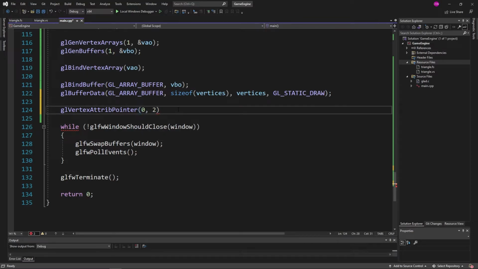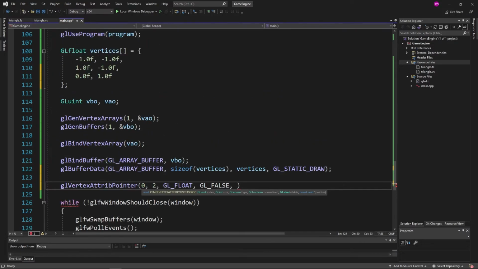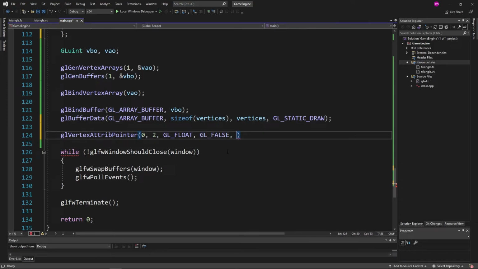The size is 2. So we want 2 different float values, and we're going to be passing through the type as GL_FLOAT, and then normalized. We don't want it normalized, so we're going to pass through GL_FALSE, and then our stride. So what we're doing is, every single 2, you want to signify that as our data point. And this is going to also line up directly with